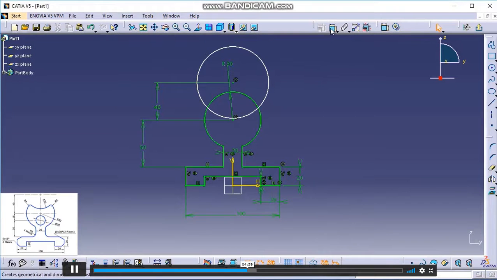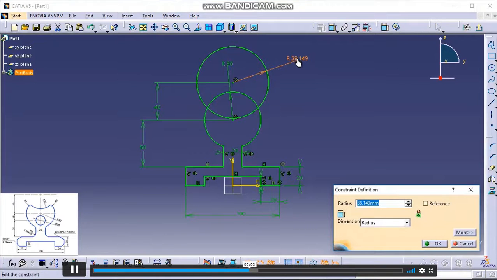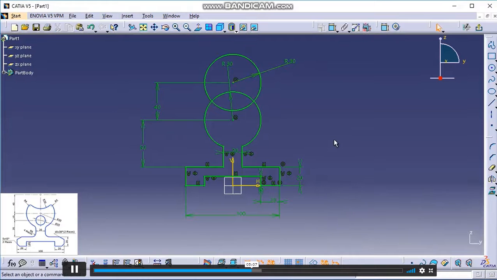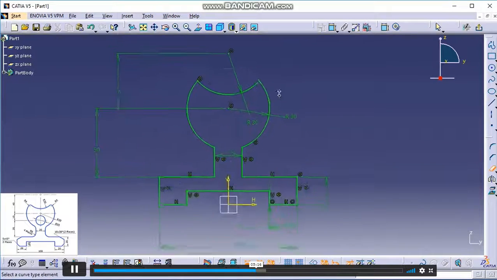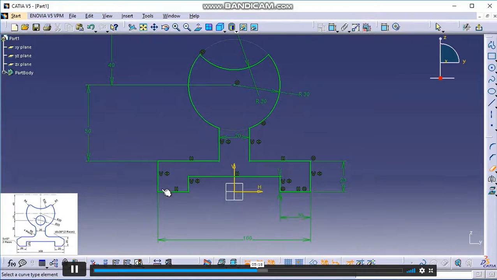Now we'll give the diameter or radius, whatever is given. The radius is 30. Now let us trim it. Double click on trimming. Trim this portion and this portion. And you can see we have generated the outline of the geometry that we wanted to make.